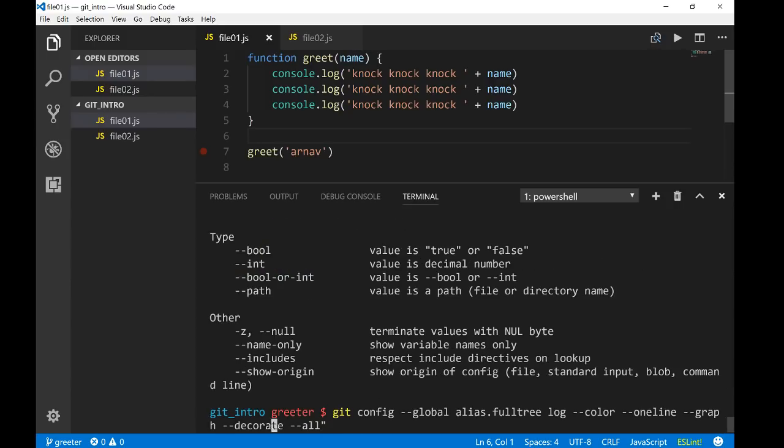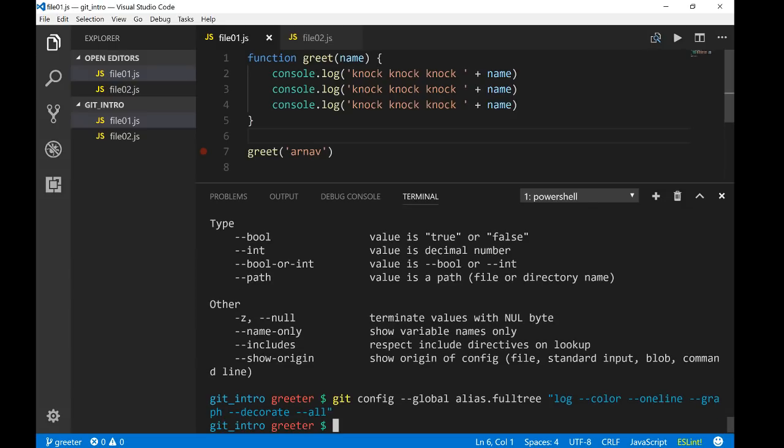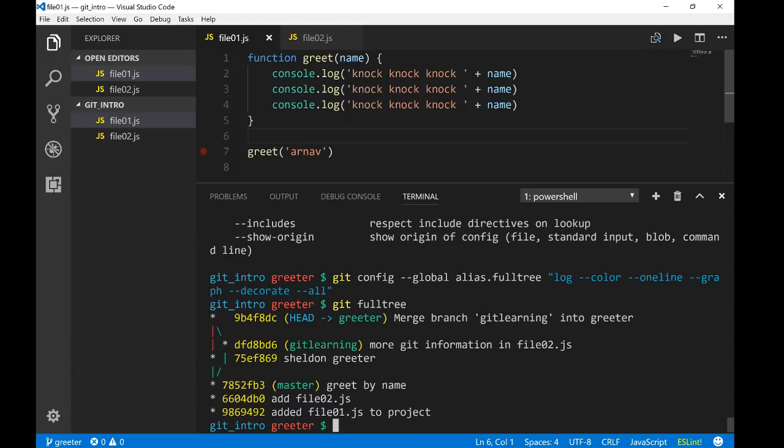We need to put this inside a string. There we go. So now if you write git fulltree, it actually runs the command log color one line